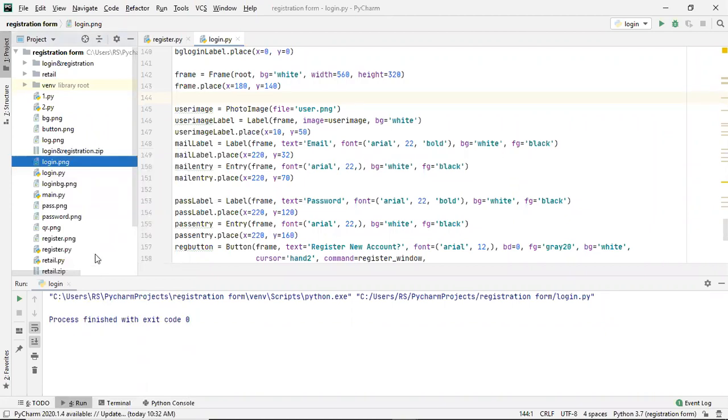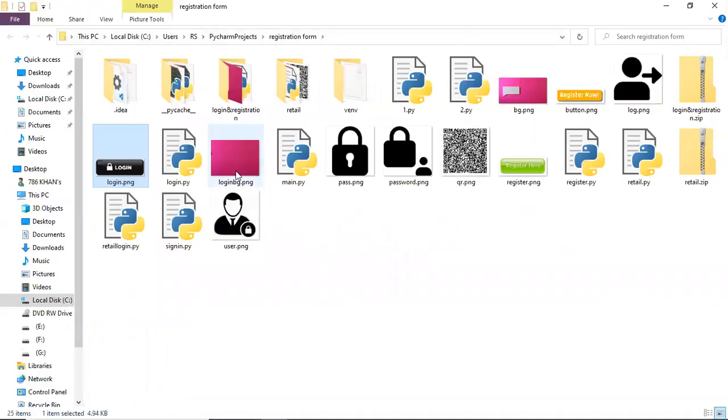You can simply open that, and from there you have to copy, I think, two images, this one and then this one. Yeah, that's it. So these are the two images, login bg.png and then user.png. These are the two images which we will be using. So just right click and simply copy these two images.